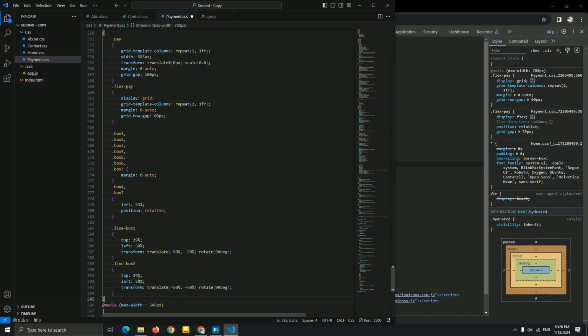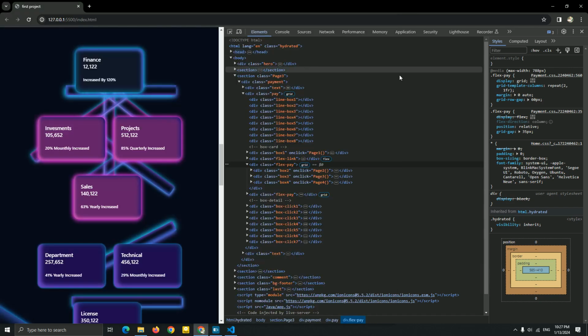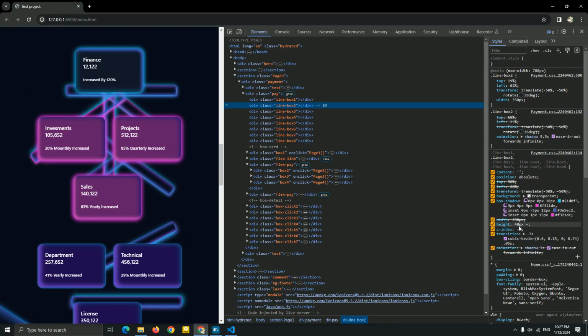box 2, 90% for the top, 90%, and let me this 62%. Let me add transform translate. Okay, this is good. Let me just add a rotate 38-degree, and let me add a width for this, guys. So I'm just gonna decrease a width for this to 350 pixel. Now if you see here, we have this 450 pixel right now. You can see it, guys. I just decreased it right now, and you can see this is a line 2.